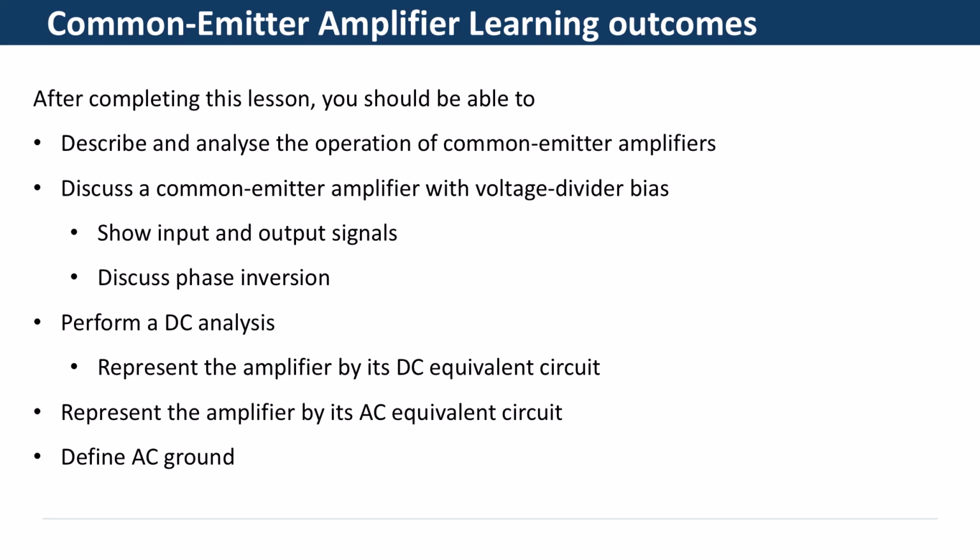After completing this lesson, you should be able to describe and analyze the operation of common emitter amplifiers. Describe a common emitter amplifier with voltage divider bias, show its input and output signals, discuss phase inversion between output and input voltages. You will represent the amplifier by its DC equivalent circuit and perform DC analysis. To perform the AC analysis, you will represent the amplifier by its AC equivalent circuit and you will define an